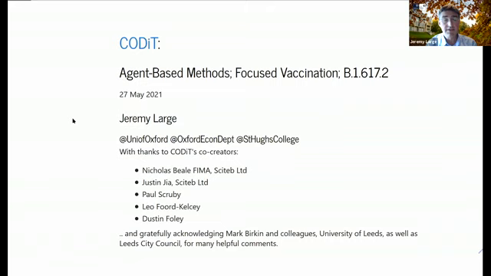And in the spirit of being a model user, I was able to share a preliminary report with Leeds City Council about this topic 2 weeks ago. And I will illustrate these results. What's more, these results, in fact, apply a spatial aspect of CODiT. But I think it's right to say that CODiT at its inception did not put spatial structure at its core.